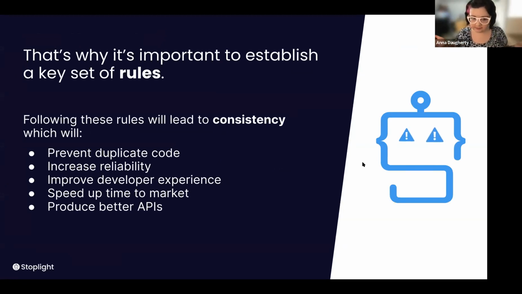What does this do for you, right? If you establish this set of rules that determine what your API program will look like, what does consistency lead to? It prevents duplicate code, right? Duplicate is time wasted. You're wasting time across teams, you're wasting time across your business. You need that time. And when you duplicate code, you're just reinventing the wheel when you don't need to. Like I said, you can increase reliability. So you know what you're putting out into the market or what you're giving to your internal customers is going to help, right? Is going to be useful to them.